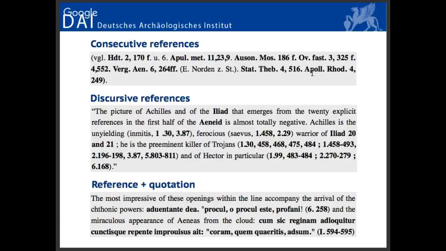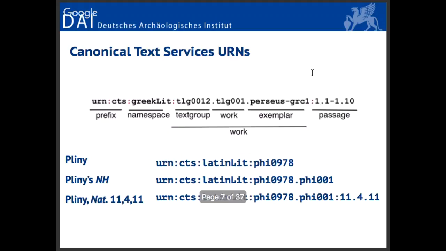And then you have, of course, cases where you have a reference plus a quotation, you give the quotation so you can be very concise and implicit about the reference. And all these things are very understandable and clear for a human reader, scholar, student. A student has to learn, but it's okay. It's part of the learning process. But for a machine, they become easily complicated. And that requires some processing, involving also some understanding of the context of where these references appear.